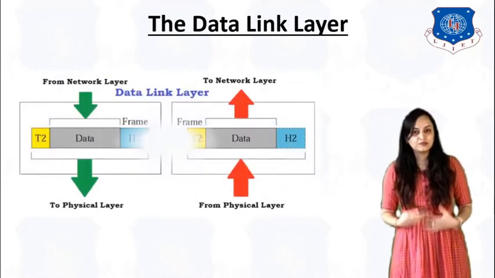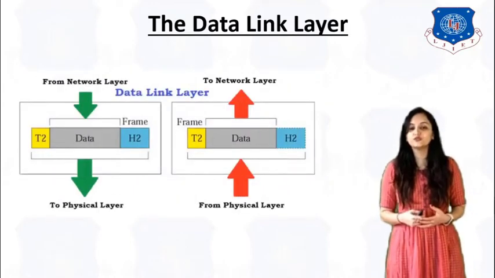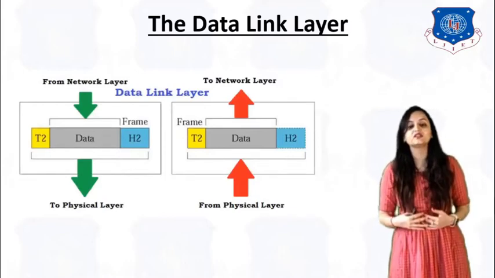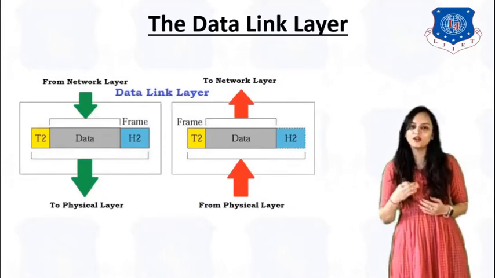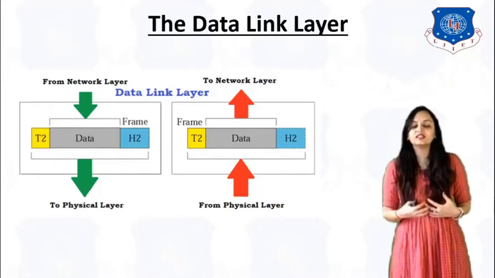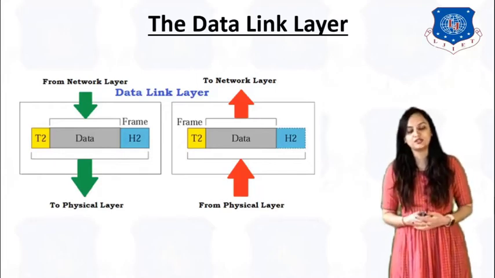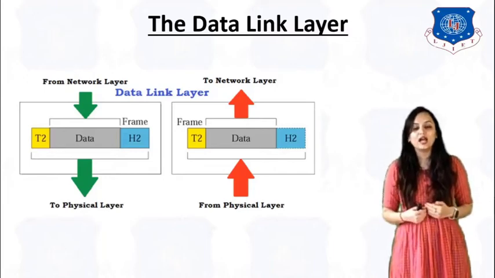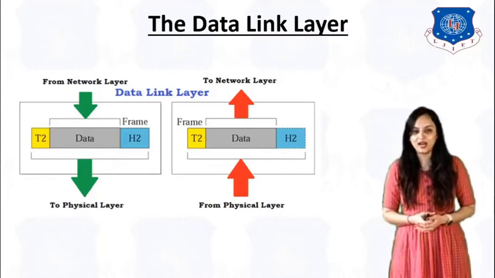So as the name suggests, the data link layer is useful for the data transmission and its parameters. That means if you are transmitting any data, what are the probabilities of the error, and if there is any error, how you can correct the errors. So in this layer, you will have the error correction and detection parameters.